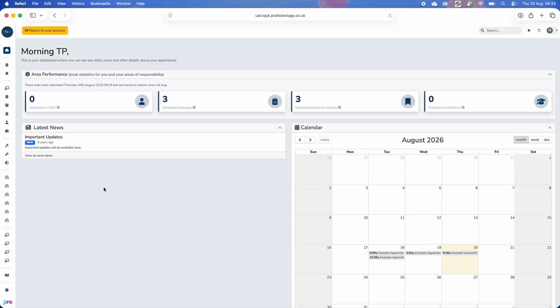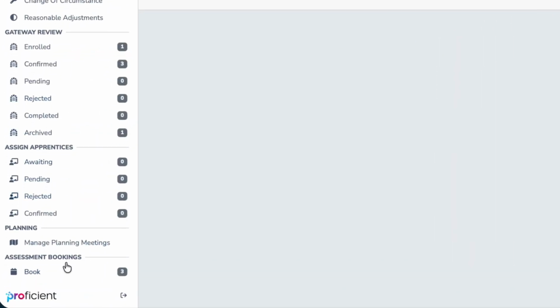Welcome to this guide on how to book a centre-assessed component in Proficient from a centre perspective. In this video, we'll walk you through how to select the relevant component, allocate an authorised centre assessor, and record the expected assessment details. From the centre's Proficient account, navigate to Assessment Bookings from the menu on the left-hand side